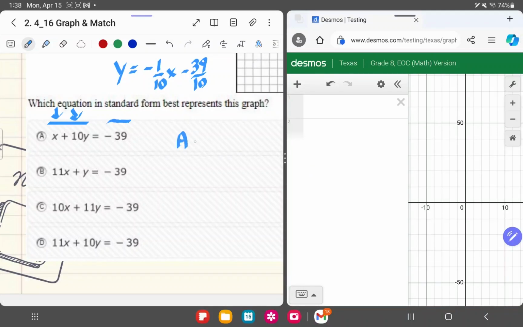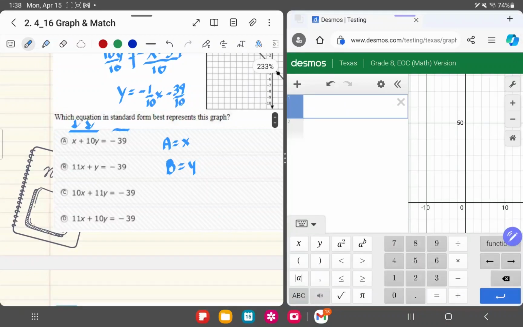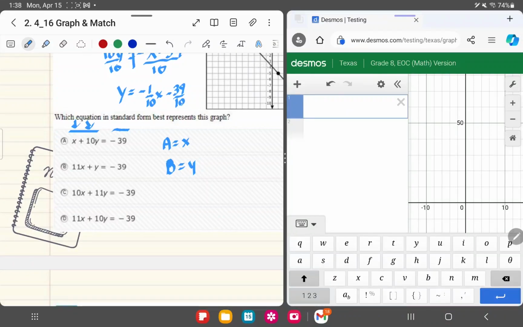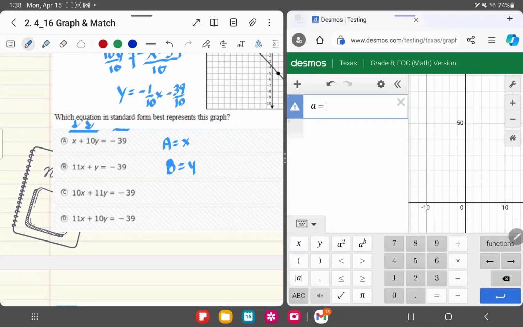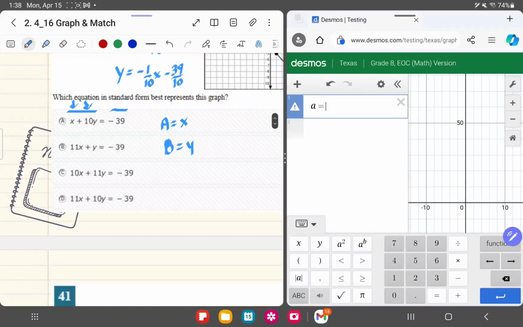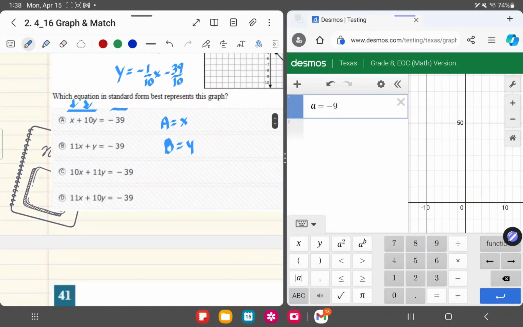I'm going to set a as x, and b as y. Now, all I'm going to do on this one is type this out. So it's going to be a is equal to, and guess what? I'm going to pick this point. So it's going to be negative 9. Enter, and then it's going to be b equals,